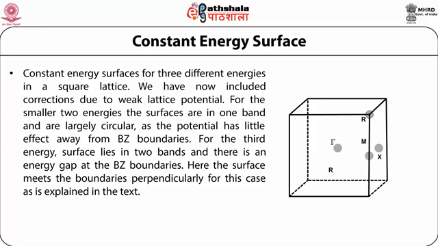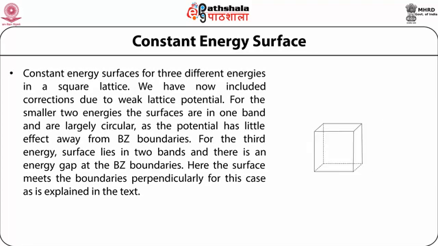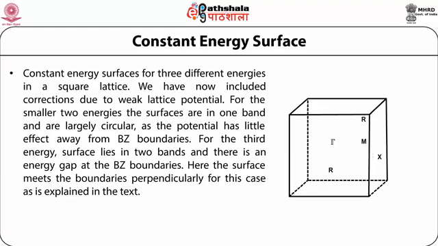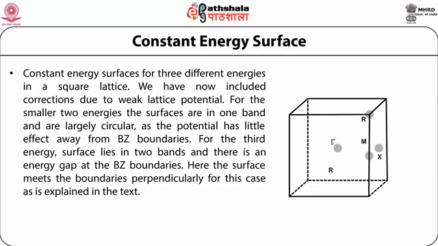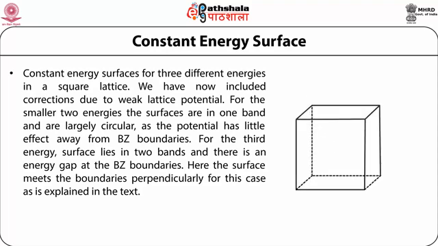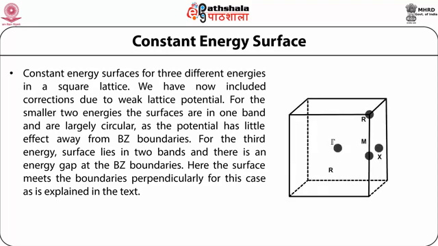As the Fermi energy, that is EF, increases beyond E1 plus twice mod of Vg, the energy gap is crossed and the surface extends to the upper band. This is exactly what is shown in this figure. For the surface in the upper band, the intercept on the Brillouin zone is again a circle of radius K perpendicular, with K perpendicular square as 2m into (EF minus E1 minus 2 mod of Vg) divided